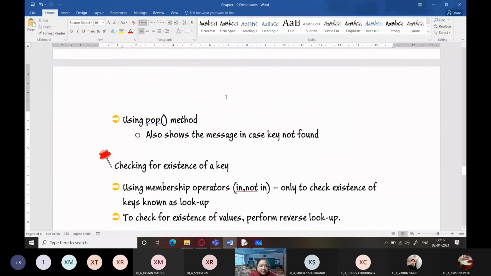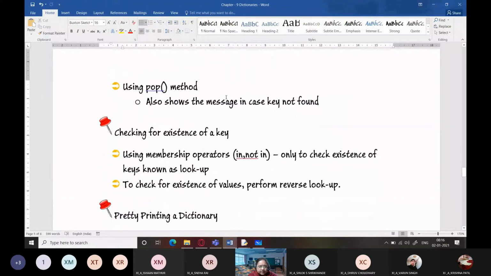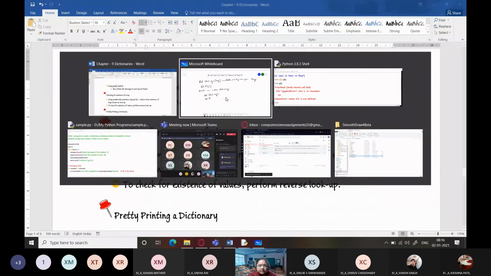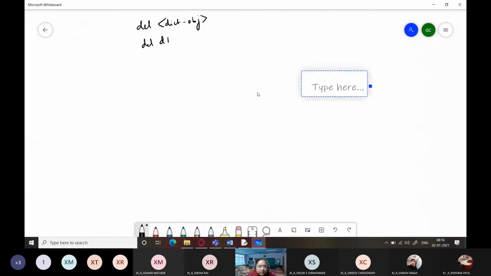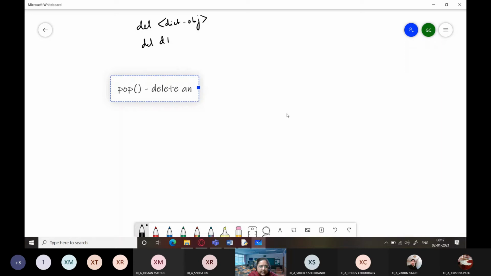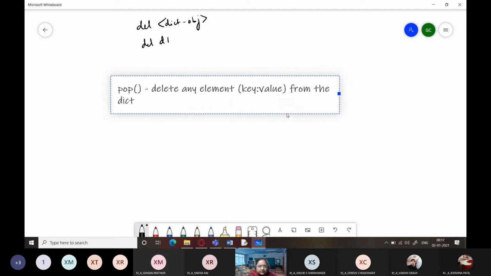Got it? Next is using the pop method. Now this is another method to delete values from a dictionary. Unfortunately, we cannot use it for deleting the entire dictionary. We can only use it for deleting any element, and by element we mean a key value pair from the dictionary, and also return it.